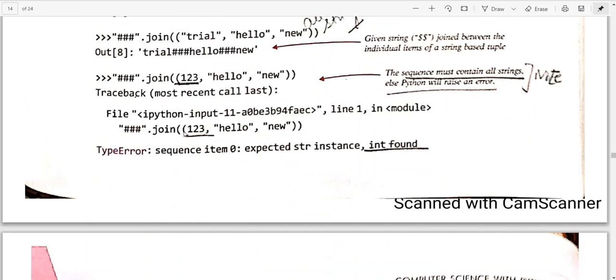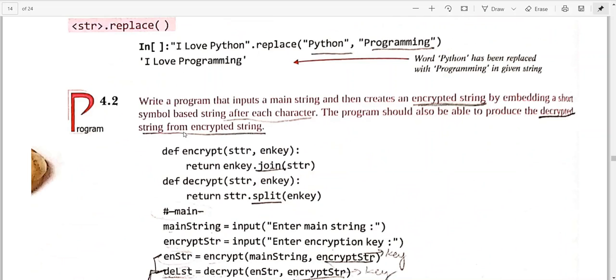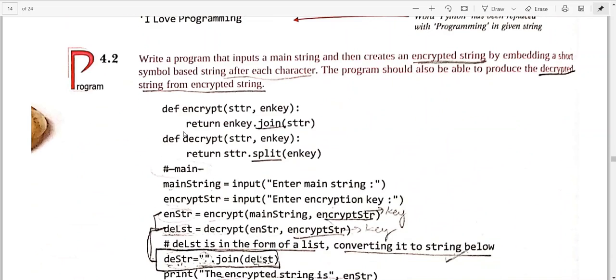What is encryption? Encryption is to make the text secure. You might have seen end-to-end encryption in your WhatsApp also. So what is this encryption doing? It is converting, or it is encoding, I must say, the given text into a format which is not understandable by the user who is looking at it otherwise. So we have defined here two functions. One is your encrypt function and second is your decrypt function.